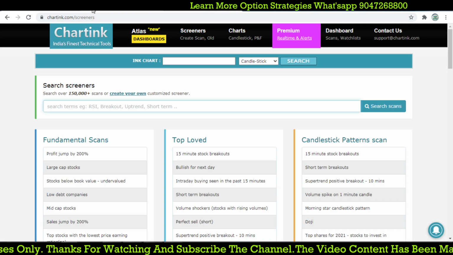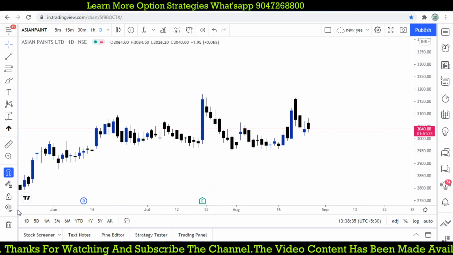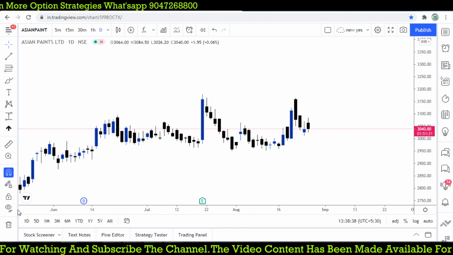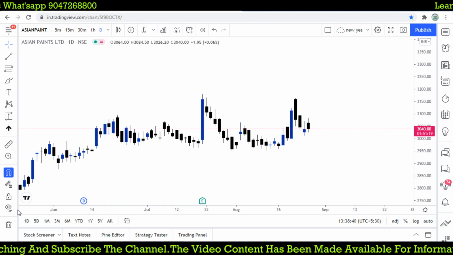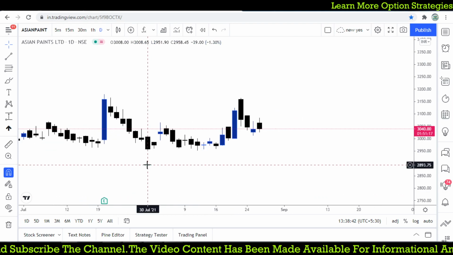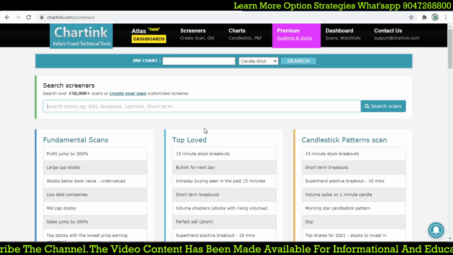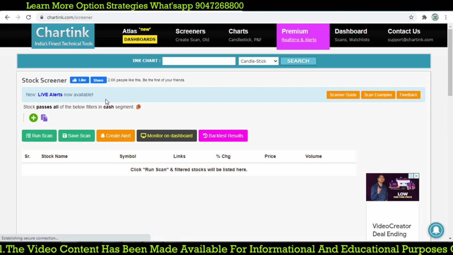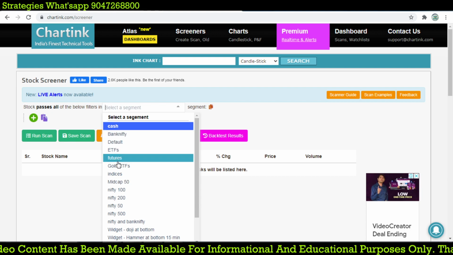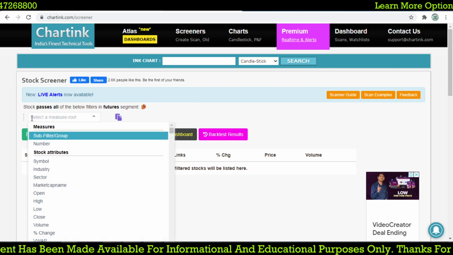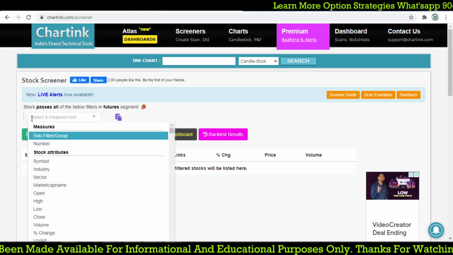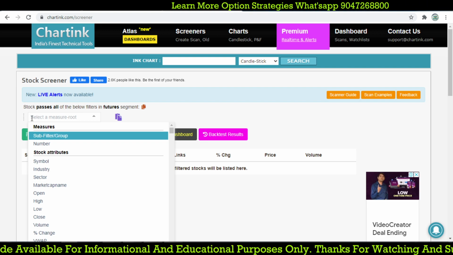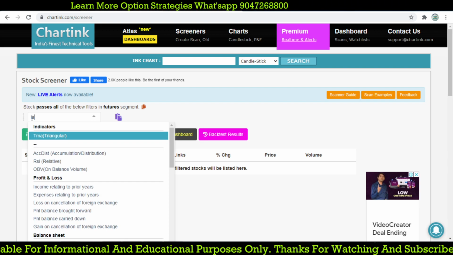Instead of finding this kind of candlestick pattern wherever it forms, we don't have the opportunity to follow every chart. So we simply use the charting scanner to create a scan. Let's go for a Homing Pigeon. This is a double candlestick reversal pattern. Let's go for the first one: the latest candle should be red.